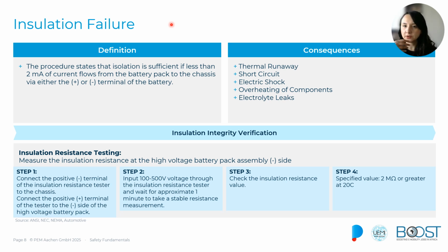Insulation failures occur when the material that is designed to prevent the current from escaping from its intended circuits becomes damaged or degraded, and this can expose the live components and the conductors, creating a direct pathway for current to flow to unintended areas, for instance, including through the human body. Some of the risks associated with insulation failures are the electric shock, the arcing, the short circuits, all of which will be explained in detail